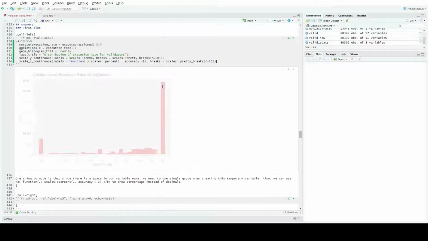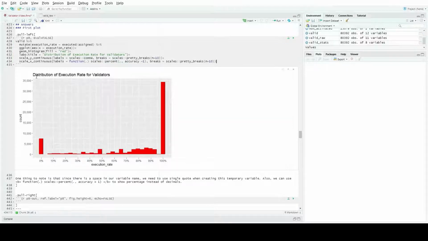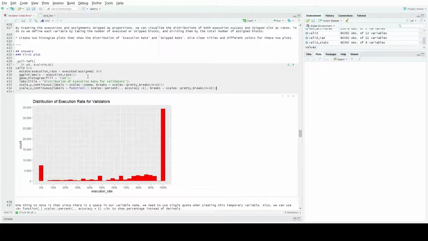Let's see how that looks. Looks pretty good now, right? It has the commas on the y-axis, and we have percentage now on the x-axis. So we can do a very similar thing for the second problem. As you can see, we can just simply change execution rate to skip rate, and everything else basically stays the same. So I'll let you finish that yourself,